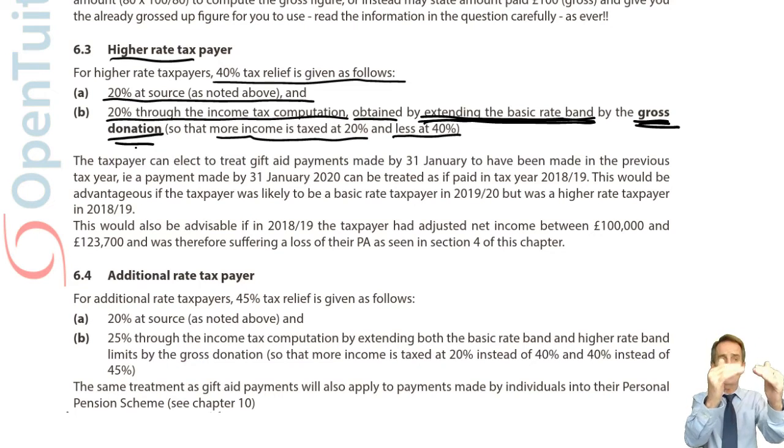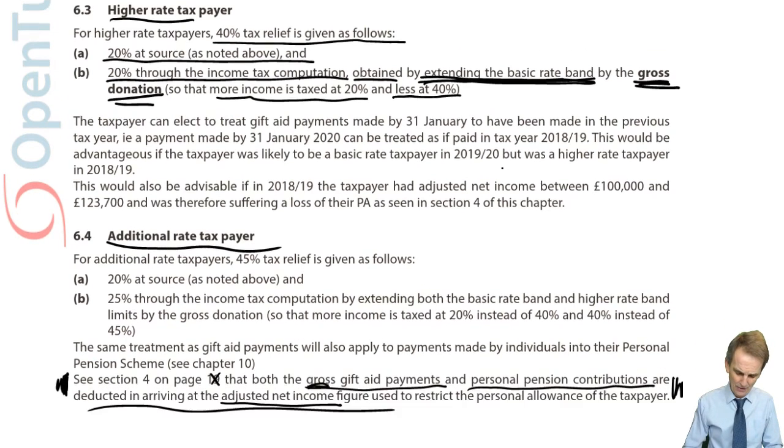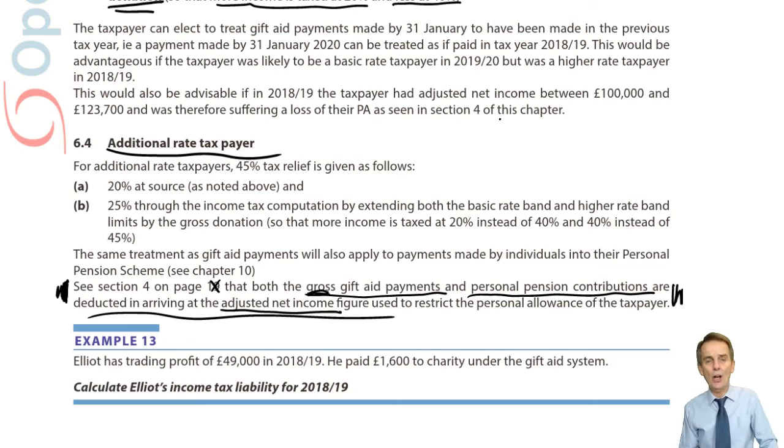Non-savings, basic rate, but now up to the extended basic rate band limit, to higher rate, to additional rate, after non-savings, savings income, and then dividend income there. So it's all the same calculations thereafter. You've simply got to revise, to restate, to extend the basic rate band, and here with additional rate, we extend, of course, that higher rate band limit of £150,000 by exactly the same figure. That's all you've got to do.